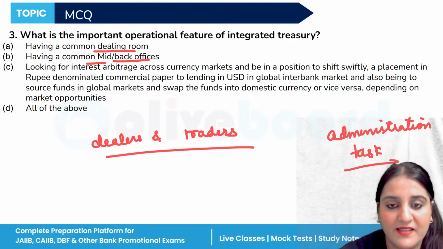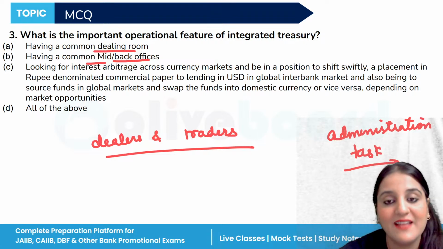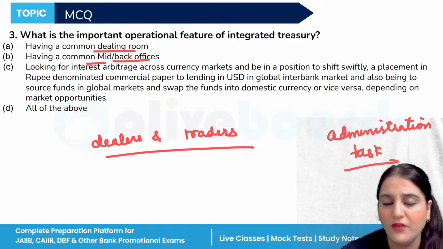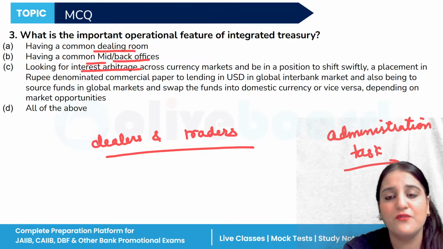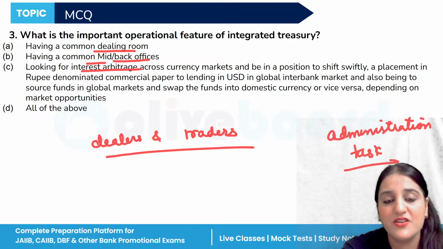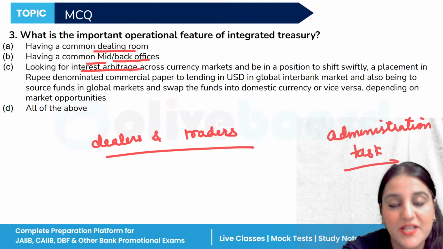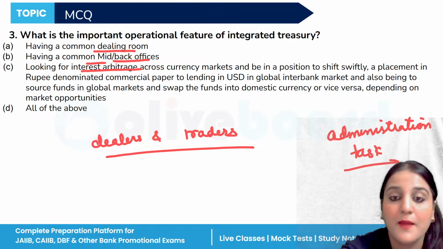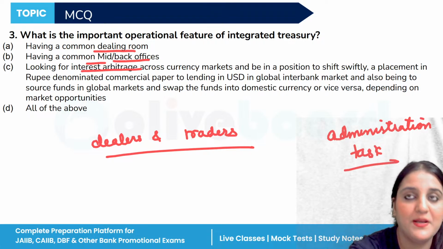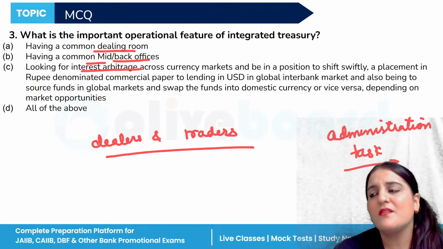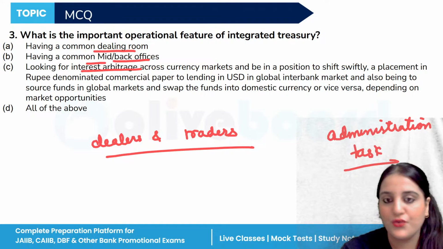This type of centralization reduces the duplication of efforts and ensures compliance and operational consistency across treasury functions. And if we talk about the third option, this is one of the key features of an integrated treasury: interest rate arbitrage, which involves taking advantage of interest rate differentials between the domestic market and the international market. For example, here we can take that an integrated treasury can shift swiftly